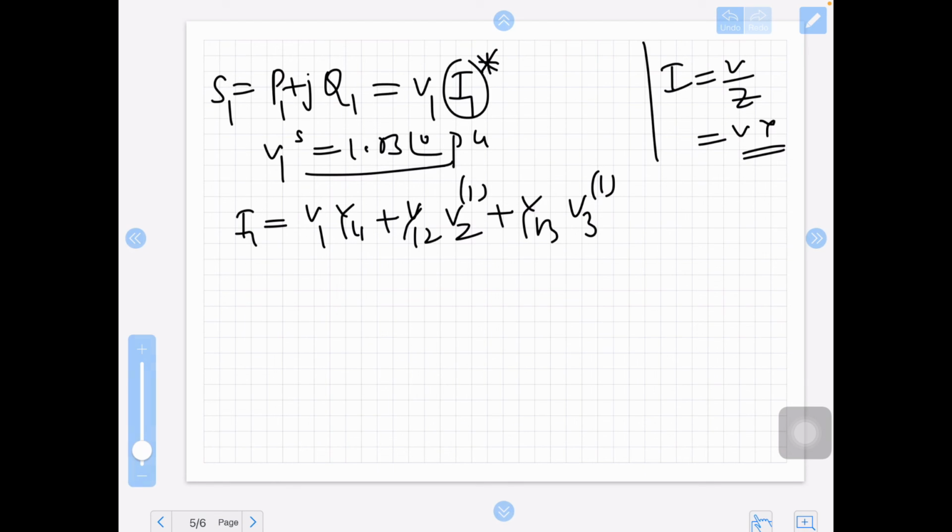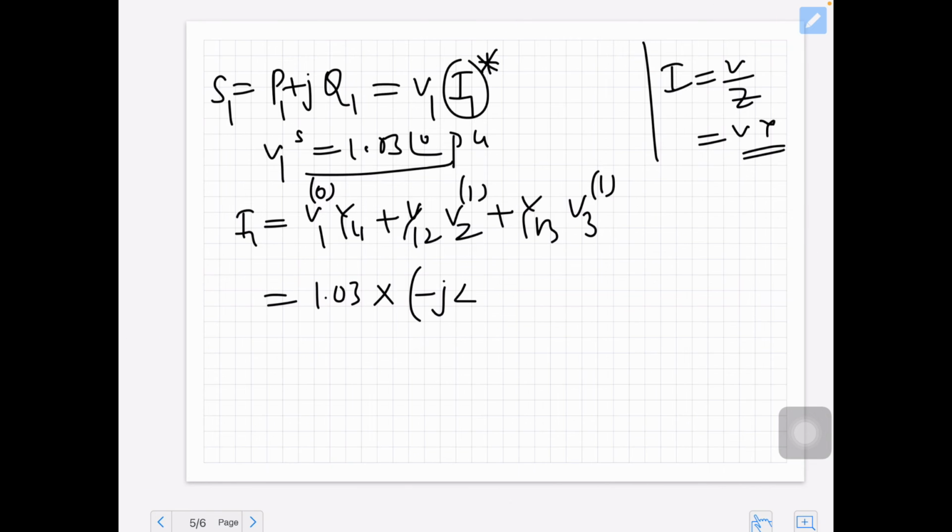The latest calculated values of V2 and V3 we have to use. The slack bus voltage is 1.03, it is given. Y11 value we know, so let us substitute Y11, that is minus j4.8, plus Y12, which is known, j2.5,